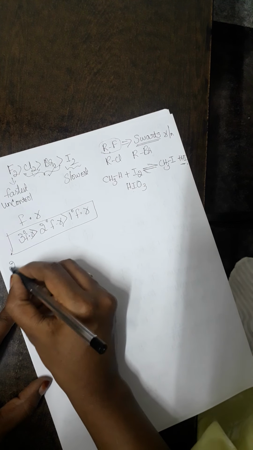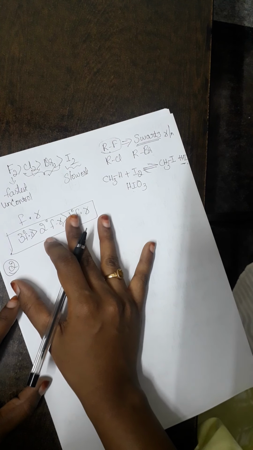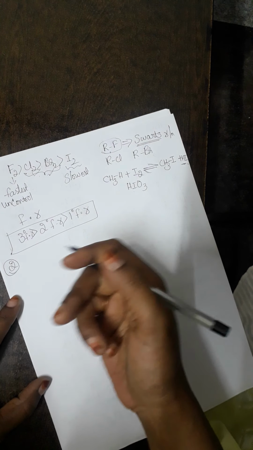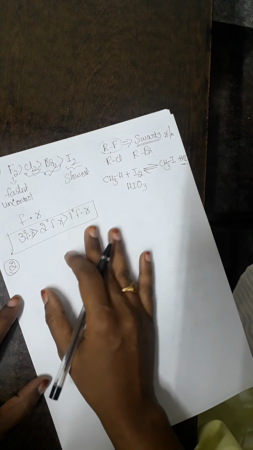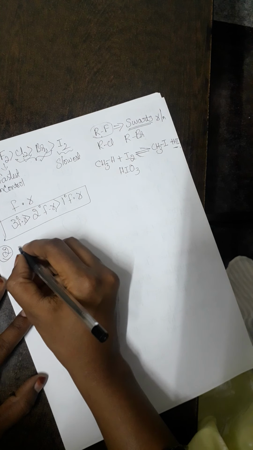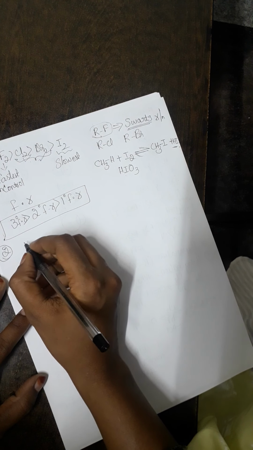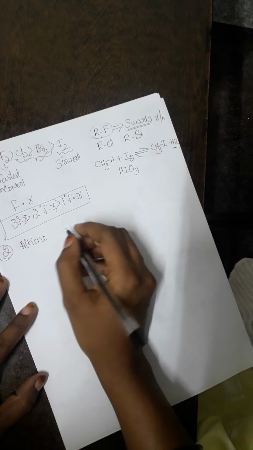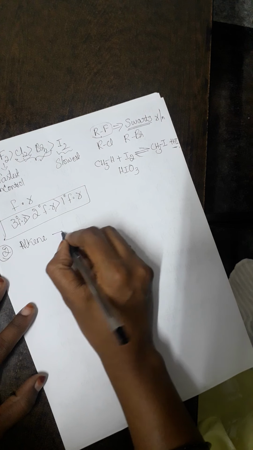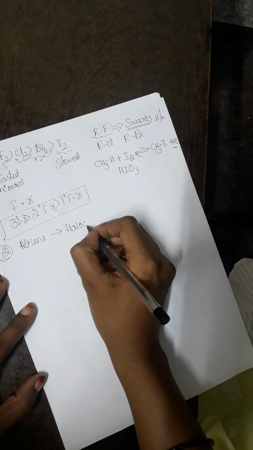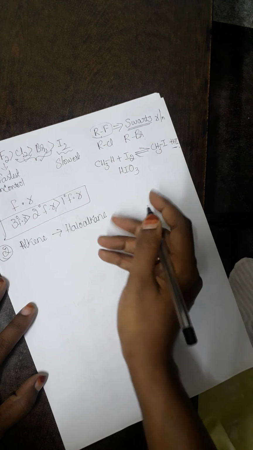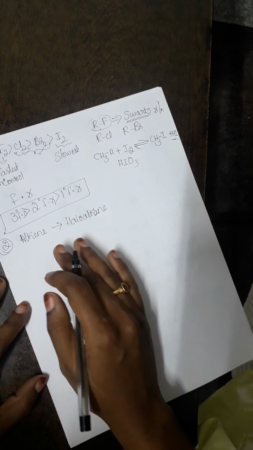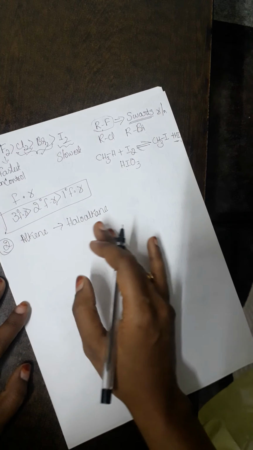The next is, we are studying only those methods which we have already studied in the first year. First we are understanding only those reactions which we are already aware of. So I'm taking another example which we have already done in the first year. What is that? I can take an alkene. Got my point? So here we are taking an alkene from which we have to prepare a haloalkane. So we are understanding only haloalkane preparations first. Haloarenes we'll do later. So now how to do this conversion?